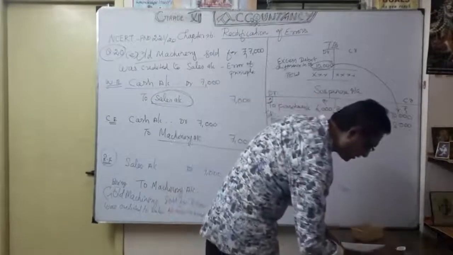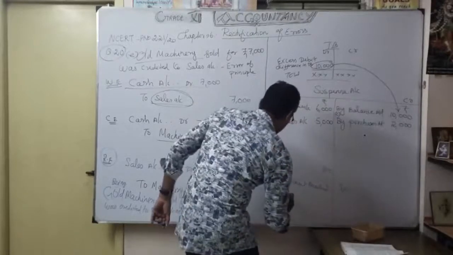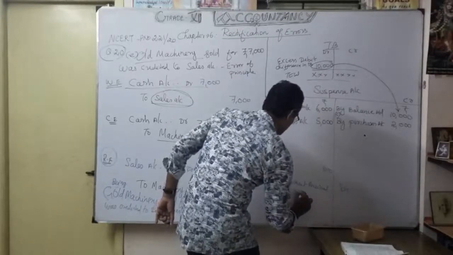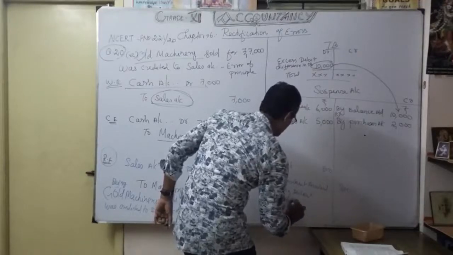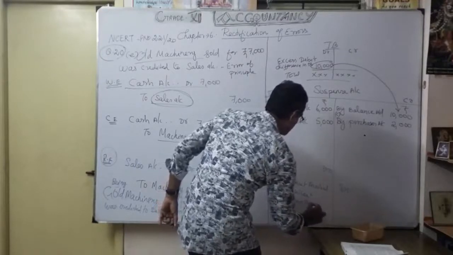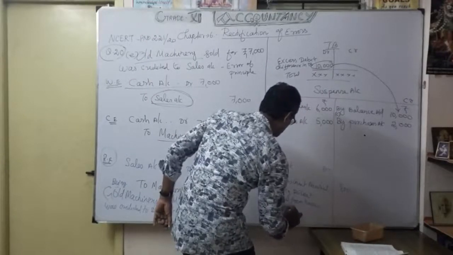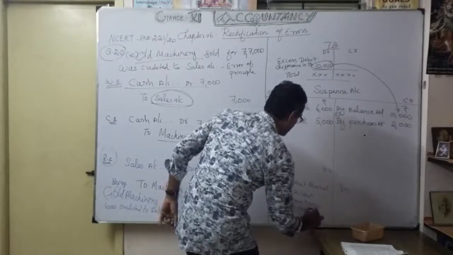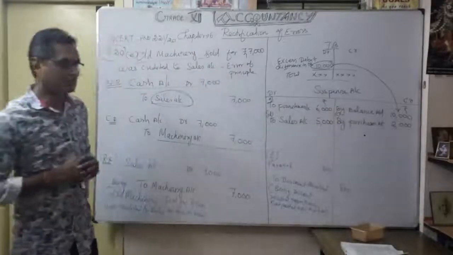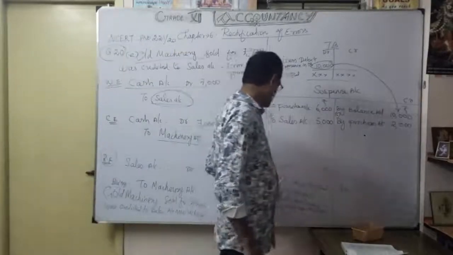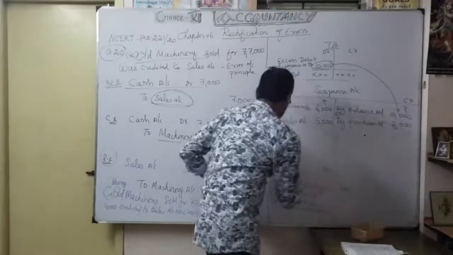Simply, what's the narration? Being discount received from Kannan on paying, not posted, now rectified. That's simple, just to enter the transaction. Kannan account debit 800 to discount received account 800. Understood now? So that's this part.